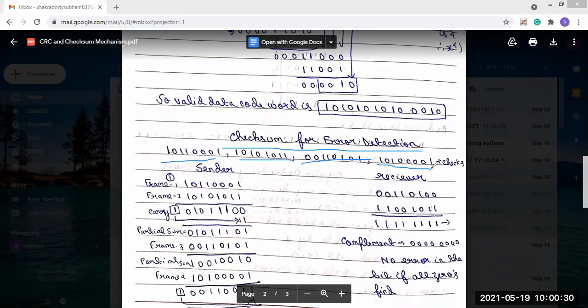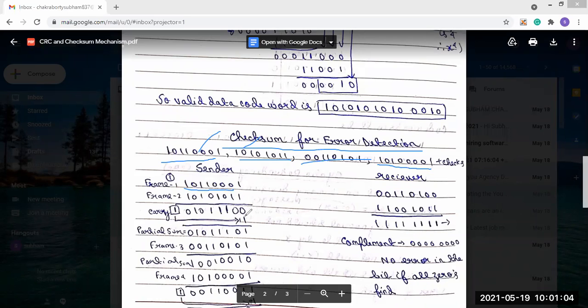The 4 messages are 1011, 0001 1010, 1011 0011, and 0101 1010. These 4 messages have to be transmitted from sender to receiver. On the sender side, the additions will be performed. First, we will add these 2 numbers, 1011001 and 10101011. So the addition of the 2 operands is performed.